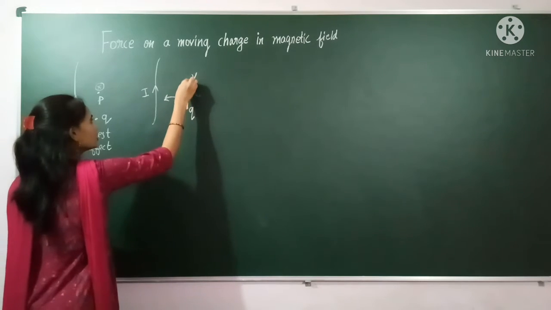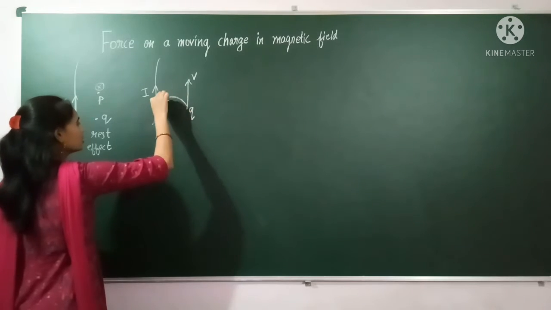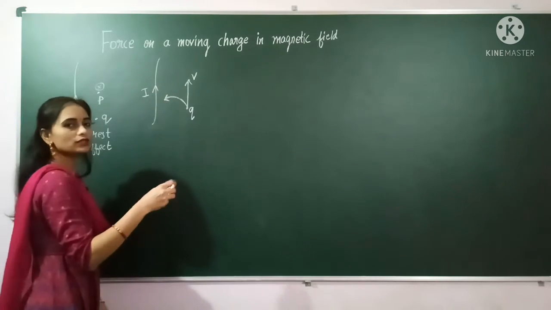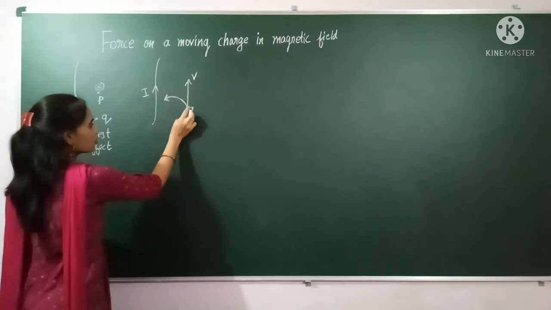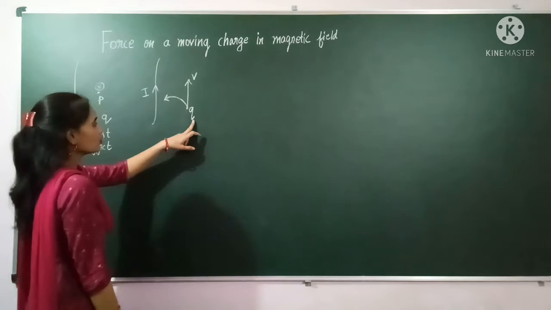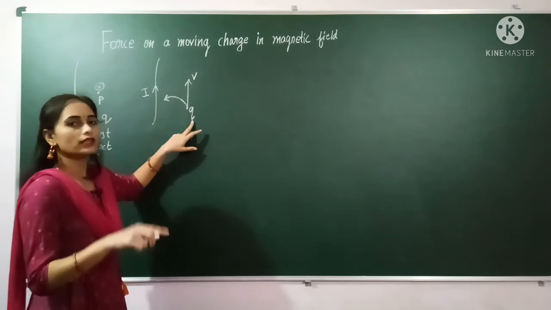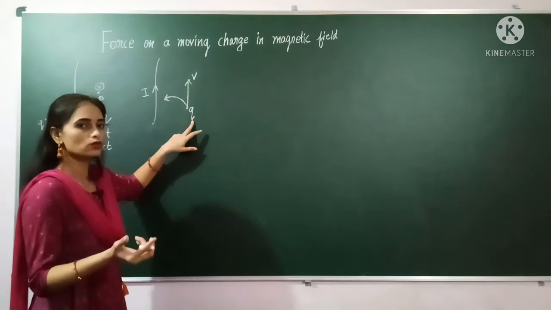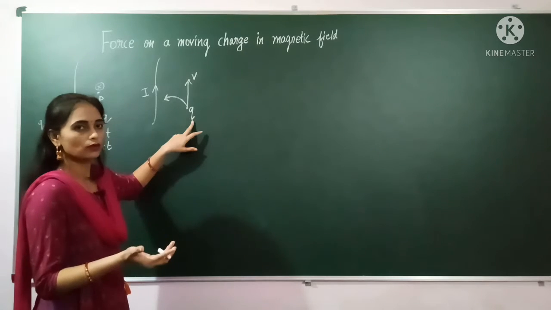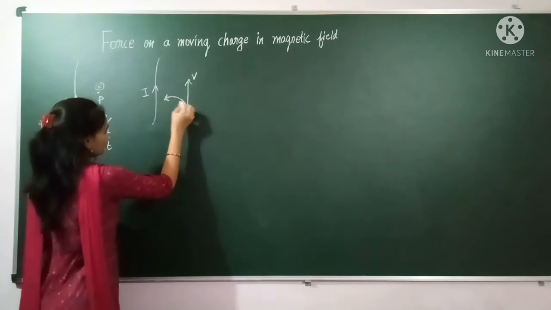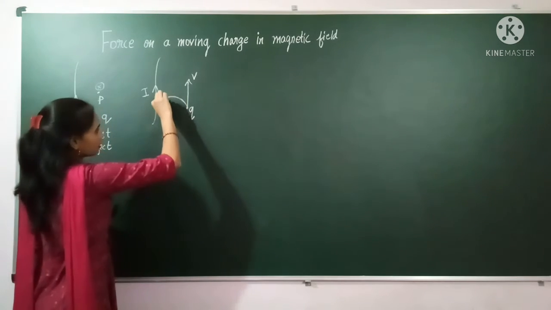Instead of going in this direction, it has shown some deflection, it is moving like this. So why is this charge moving like this? Our answer is the magnetic field is applying force on this moving charge, because this is a moving charge, it is not a rest charge. According to Newton's law, a particle changes its direction only when force is applied on that object. So here the magnetic field is applying force on this charge, and for that reason it is showing the deflection.